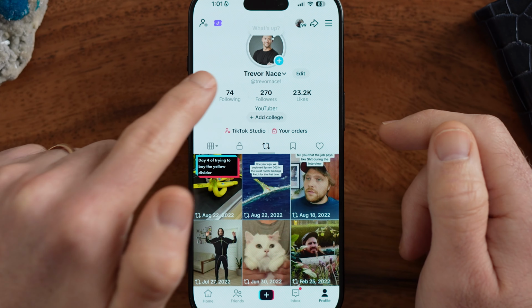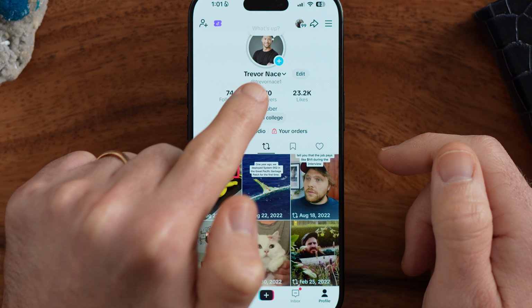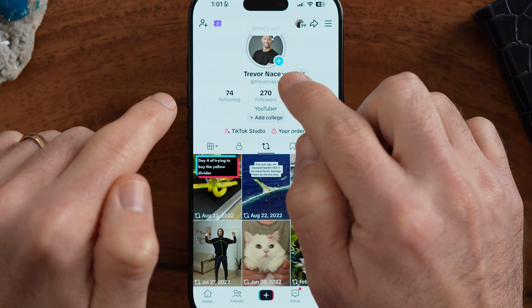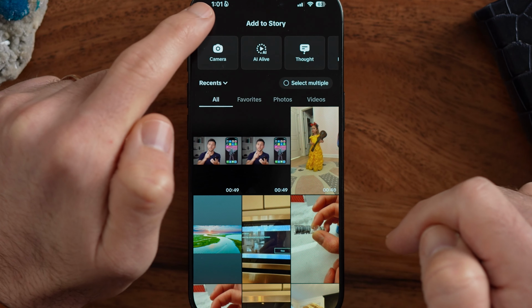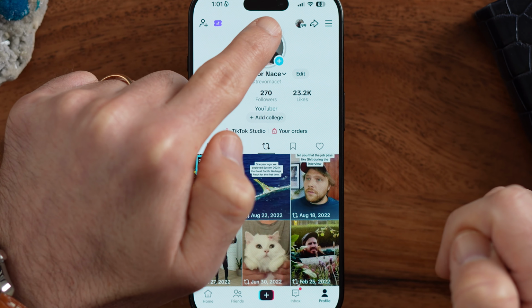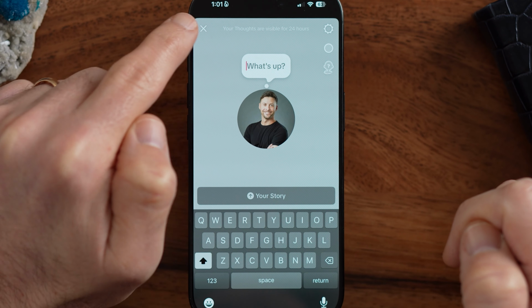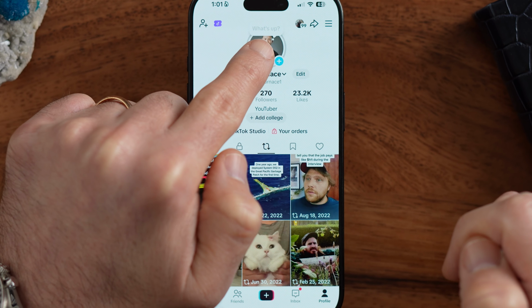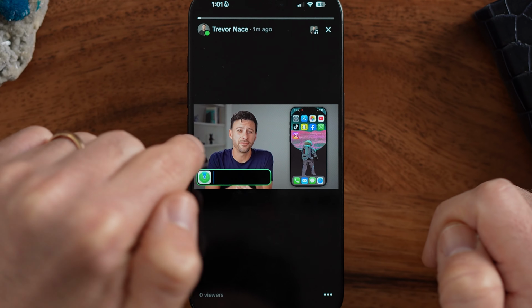After you've done that, you can see at the very top is your profile picture. You can tap on it to get to your story. However, if you tap on the little plus, you'll be able to see it goes to add to story. And if you tap on where it says what's up, you can see it goes to your thoughts. Now, keep in mind, you need to tap on the profile picture here, and there you'll get